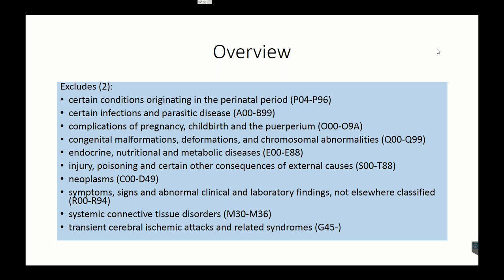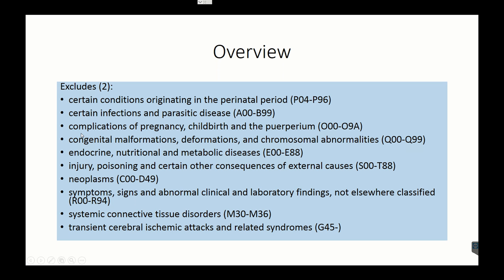Of course they could. They could have a complication of pregnancy and a heart condition. When an Excludes2 note appears under a code, it is acceptable to use both the code and the Excludes2 code together when appropriate. So Excludes2 for the circulatory system, it's conditions in the perinatal period, certain infections and